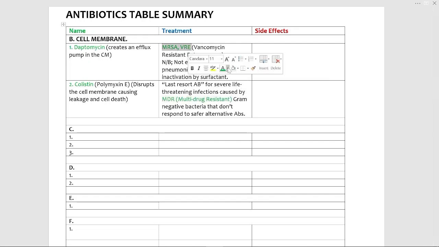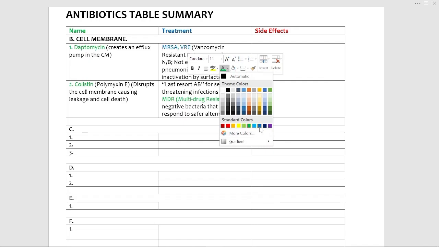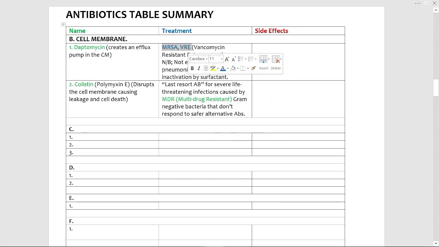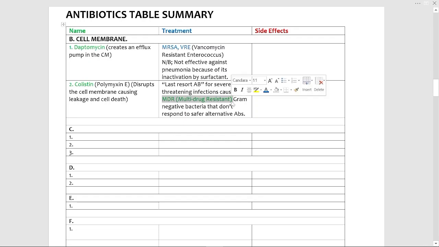So let me just write this in blue. Those are the two major drugs when it comes to the cell membrane. You've got the daptomycin and the colistin, or the polymyxin E. So those are the two major antibiotics that are very much effective when it comes to acting on the cell membrane. Let's look at the side effects. Let's begin with